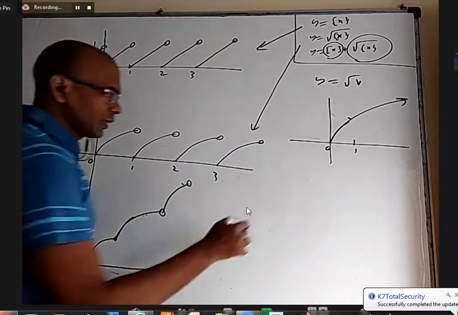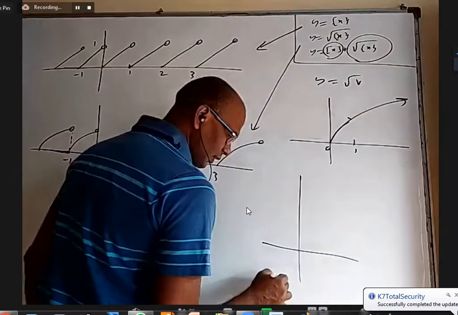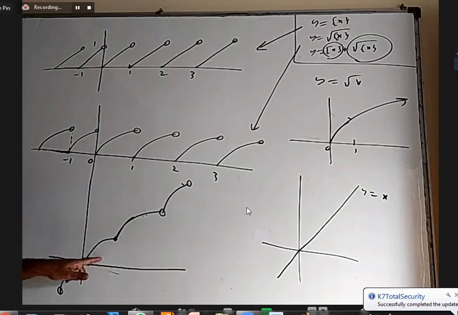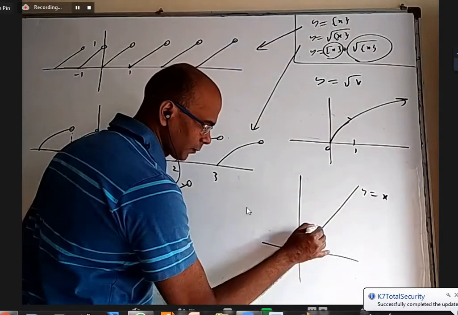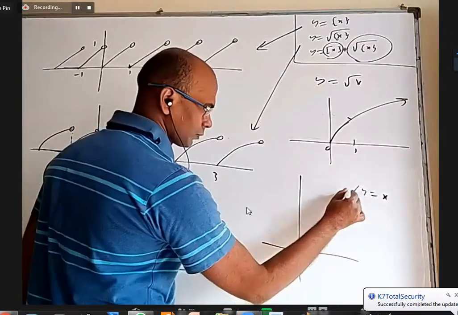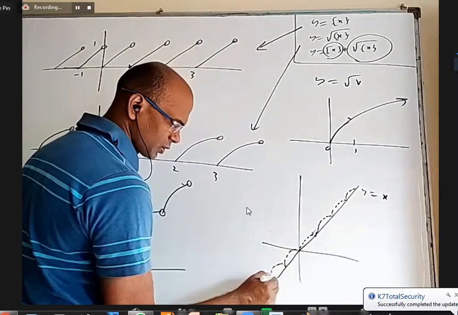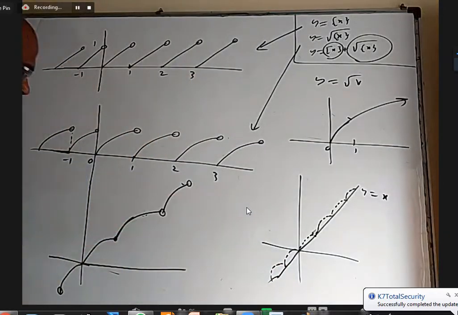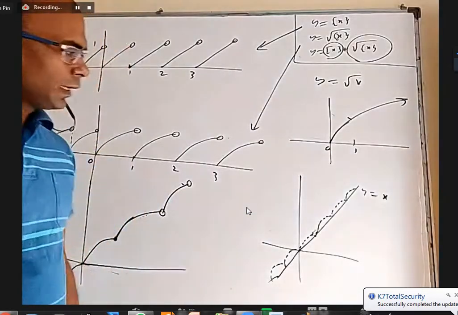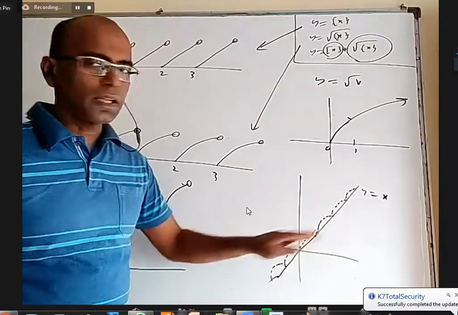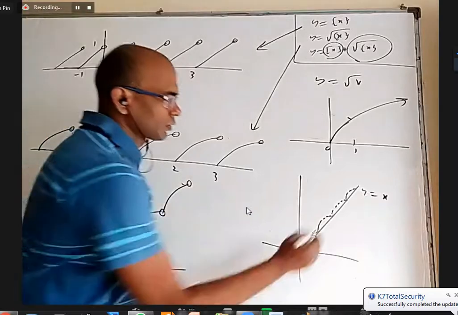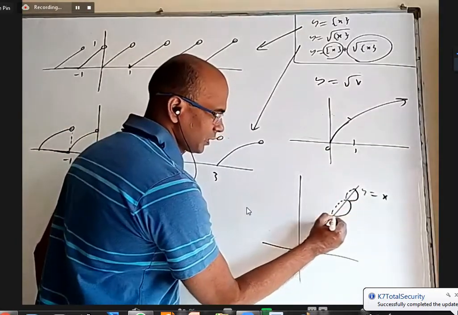Quite interestingly, if you take the y equal to x line, this present graph is actually like this. This dotted line is that graph, because this is (1, 1), this is (2, 2), this is (3, 3), they're all on that line. If you know this function, how will you find the inverse function? Reflect about y equals x. When you find the reflection, the inverse function will be like this.